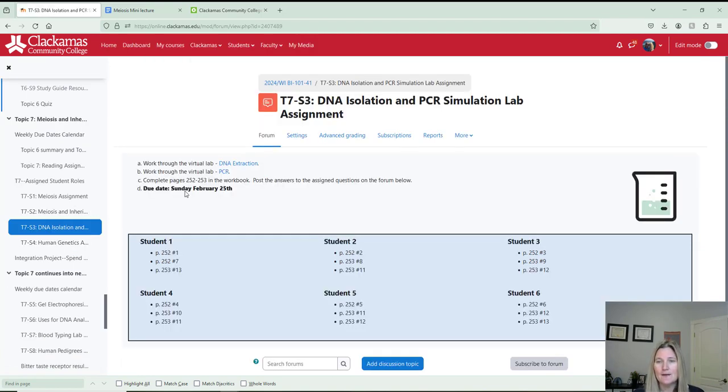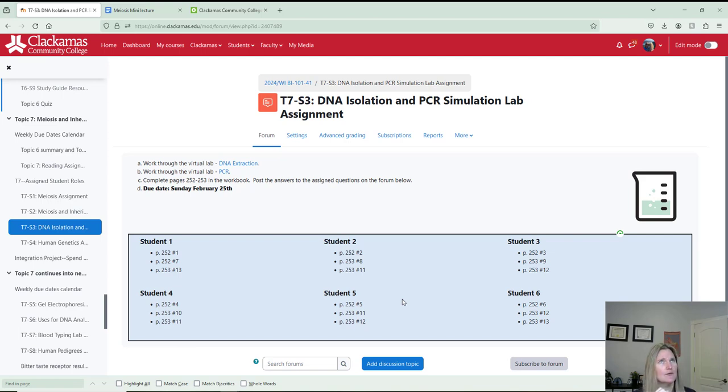All right, and then the third activity this week is, again, we're not actually extracting our own DNA for this third lab report like the in-person classes do. But we still have to understand the whole process. So the in-person classes this week are going to actually extract their DNA. So they're going to be taking a toothpick and scraping the inside of their cheek cells and placing it, actually